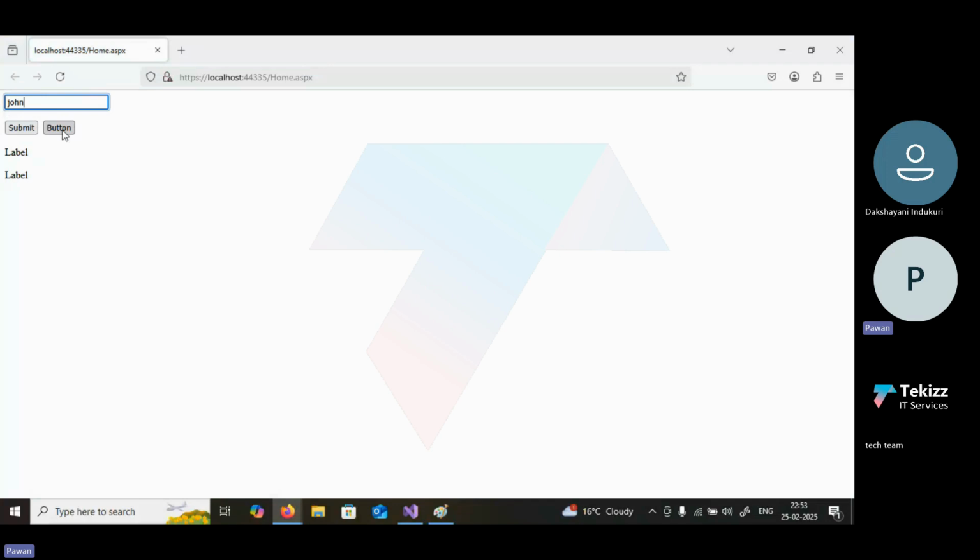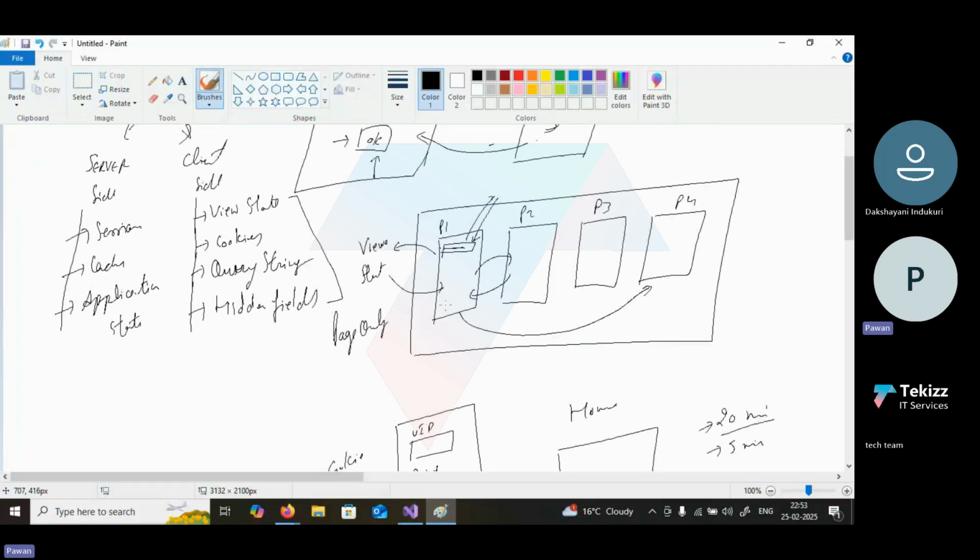Say John. When I click on this button, here we can see we have John. John is basically coming from the previous page. So using the query string, we can pass the information from one page to a second page or a next page,